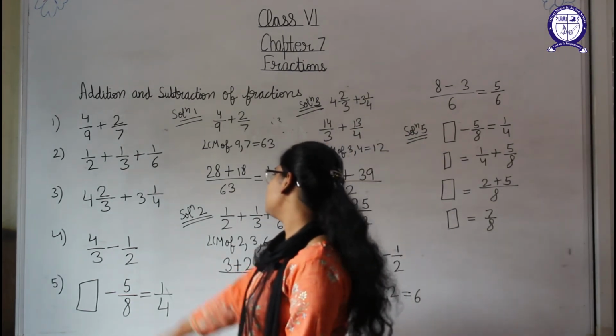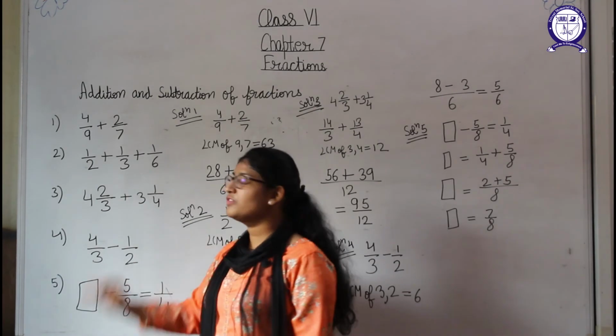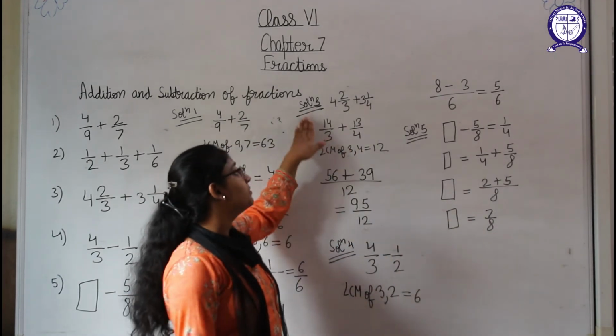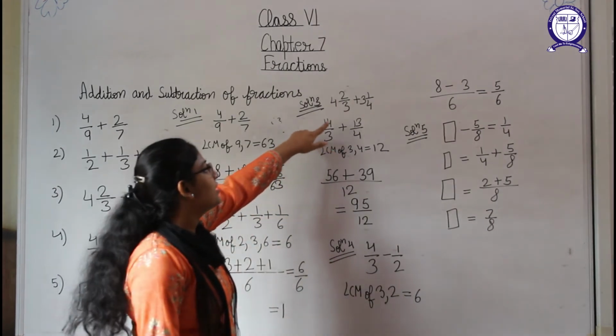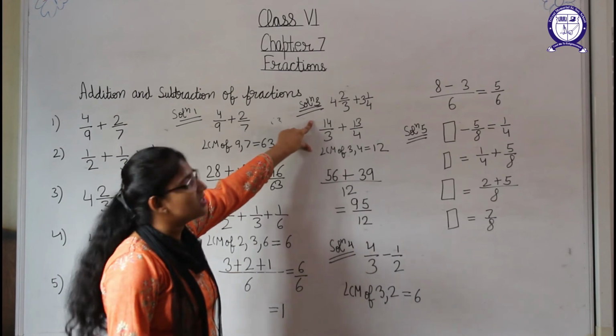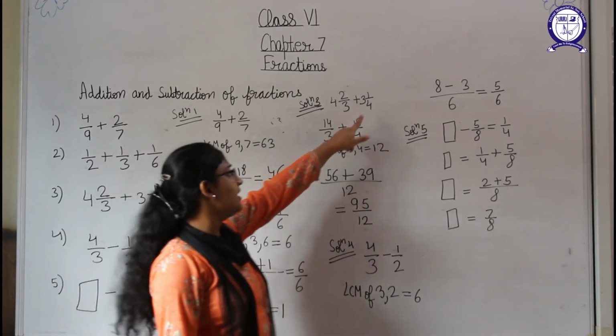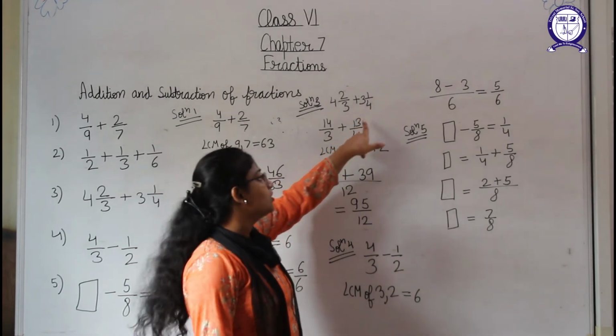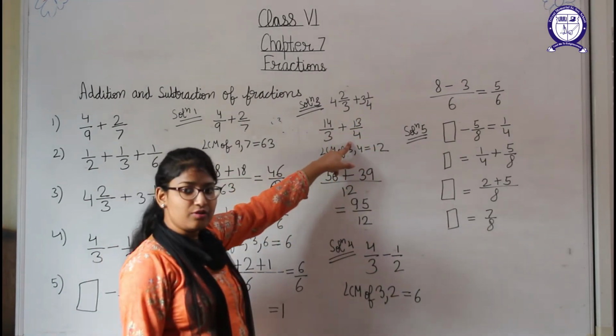Now the next question has mixed fractions given to us. So first of all, to solve them, we will change them to improper fractions. So here 4 threes is 12, and 12 plus 2 gives us 14. So our fraction is 14 by 3. Here 4 fours is 16, and 16 minus 3...